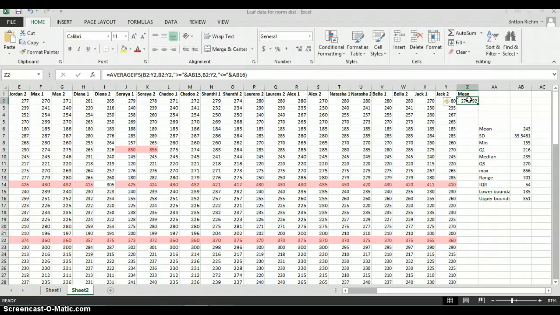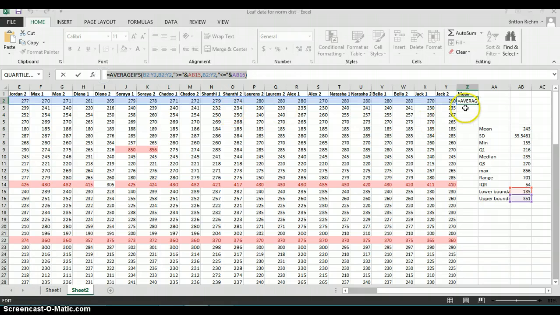We're going to compute the mean leaf length for each of the leaves that we measured, and we're then going to use those means to create a frequency histogram to look at the distribution. So you can see here that I've got a pretty complex looking formula for my average, and essentially what this means is that